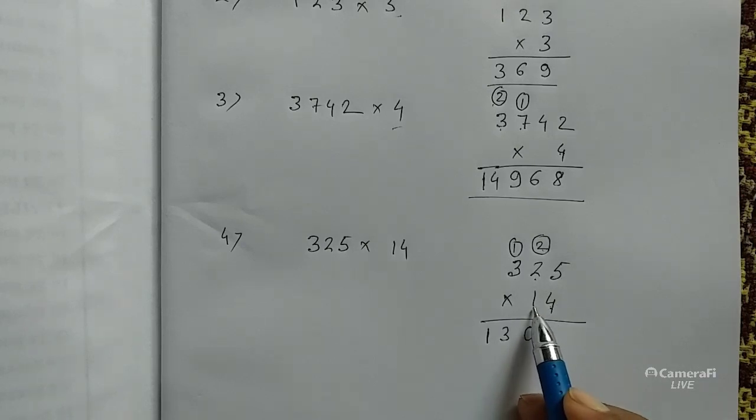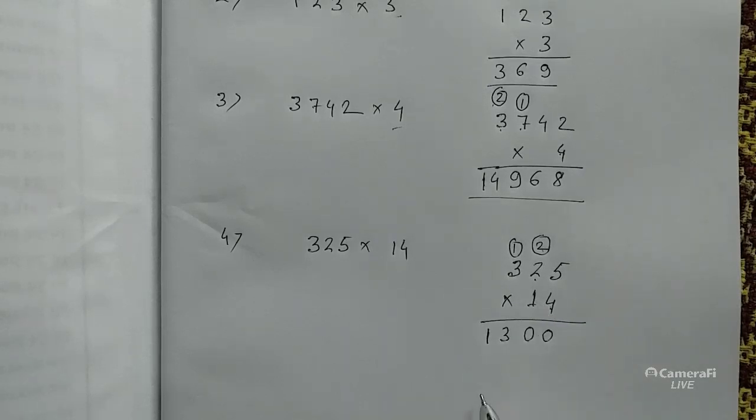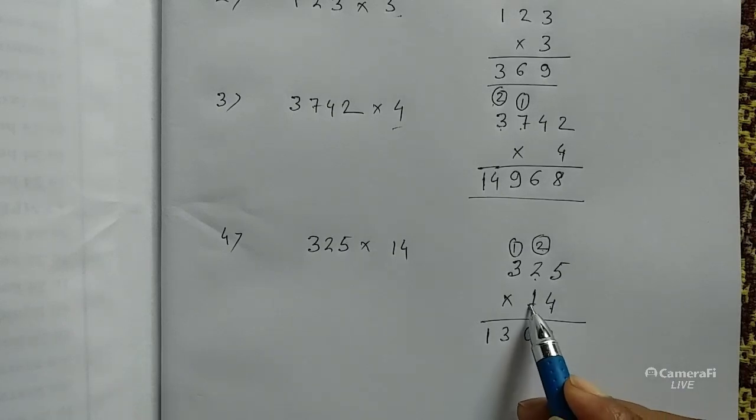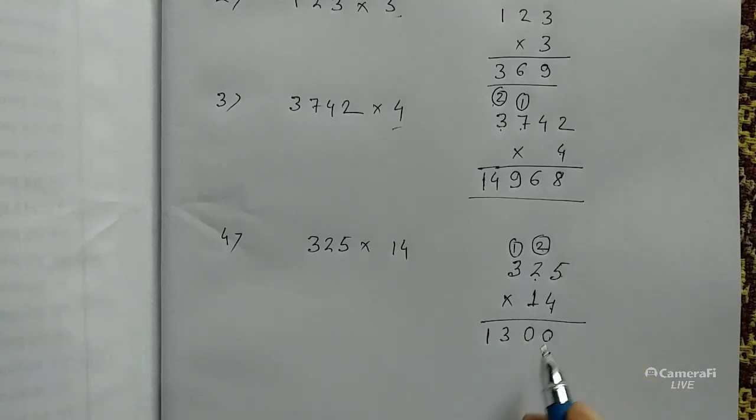Now there is another digit 1. Before going to multiply by 1, we have to put a cross sign or multiply sign just below 0. Now multiply with 1 and write down here. 1 5 is 5, first 5 here just below 0, just after the cross sign. 1 2 is 2. 1 3 is 3. Now we have to add between these two rows.